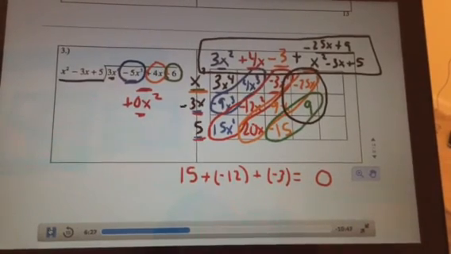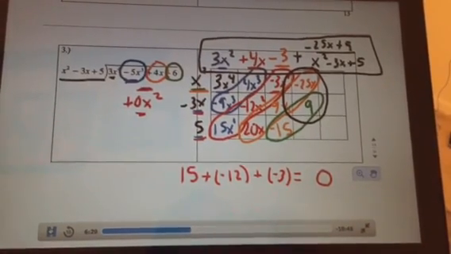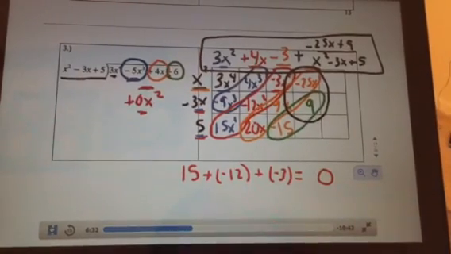Pause the video, try the second example of the CPM method, see if you can get it on your own. When you're ready, come back and replay the video to see how you